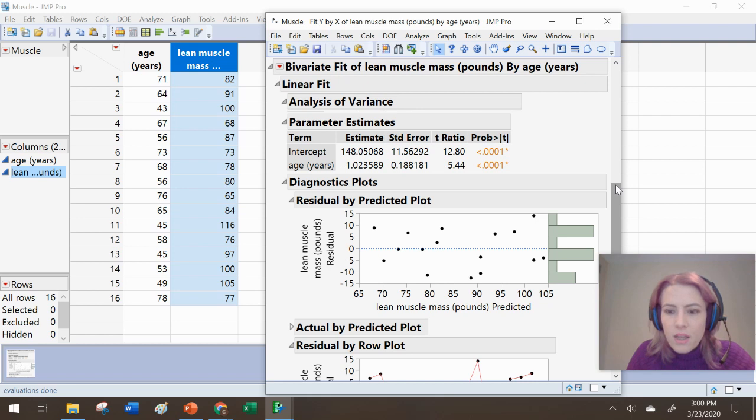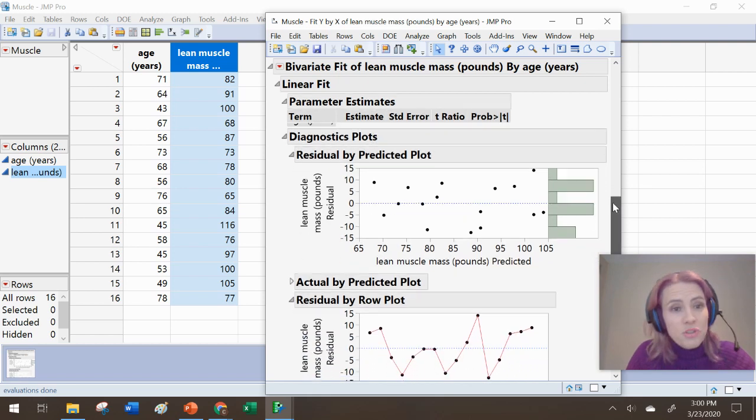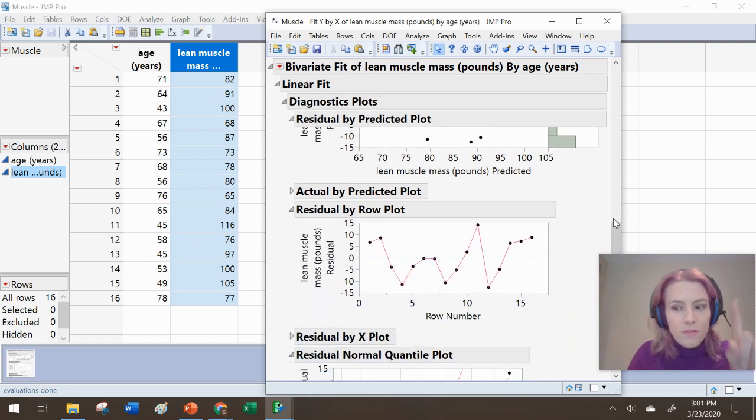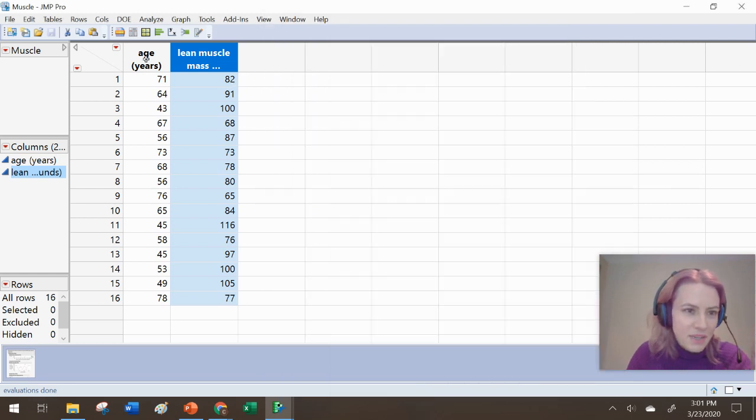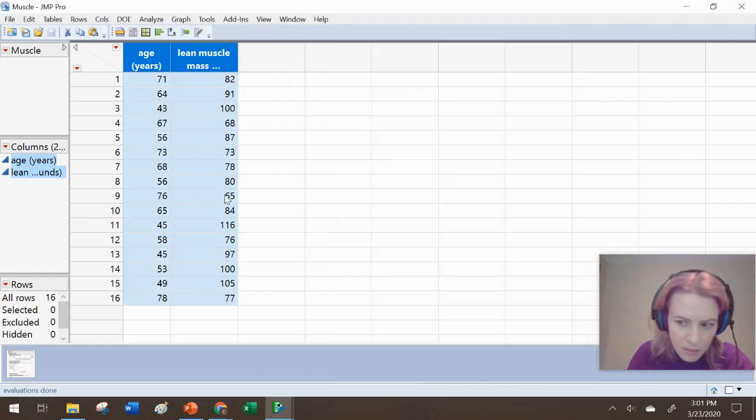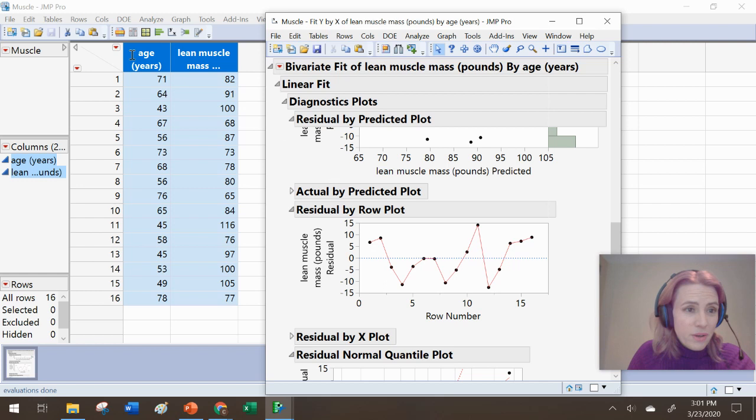How about independence? Is it reasonable to assume independent errors? Now, first, I'm going to peek at my data table and verify that it does not appear that these values have been sorted in any way. They're not going from smallest to largest or largest to smallest for either variable. Okay, so they look pretty randomly arranged. So I'm going to go ahead and assume that the data table is structured in the order of data collection,